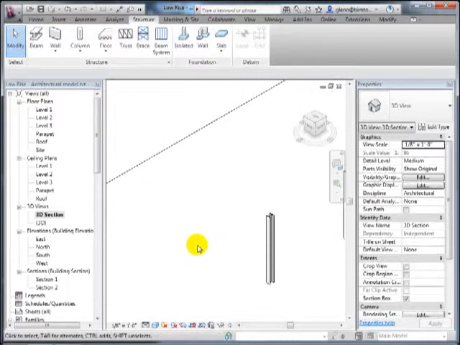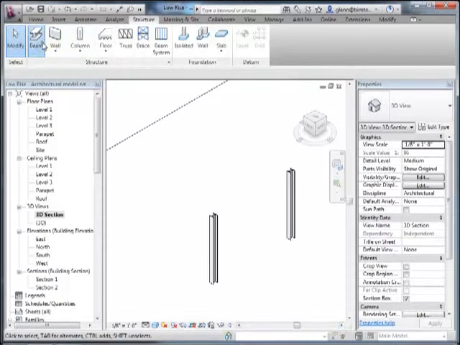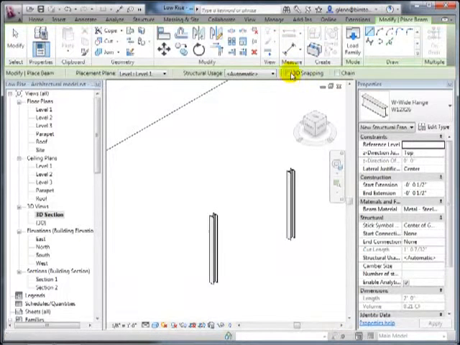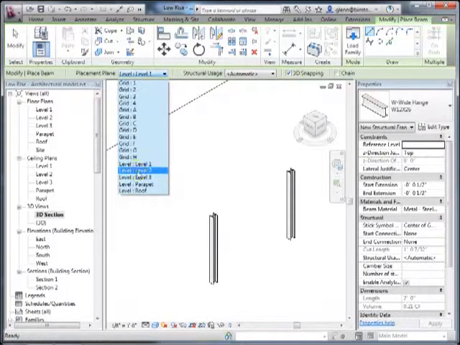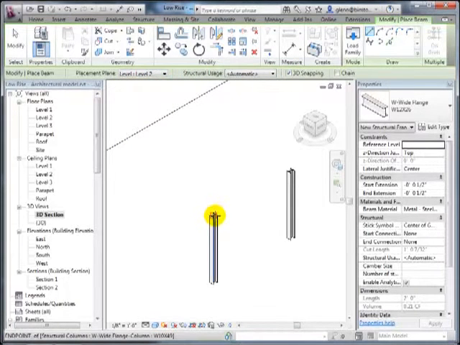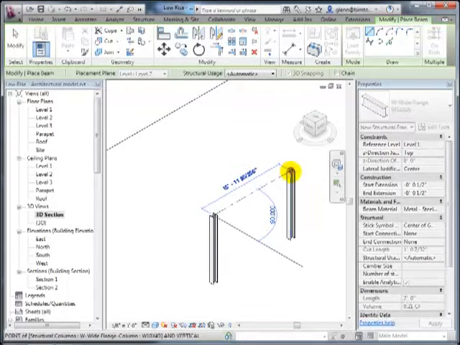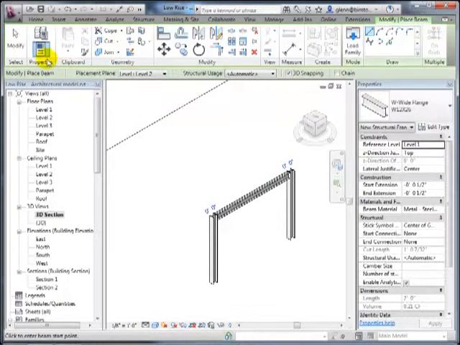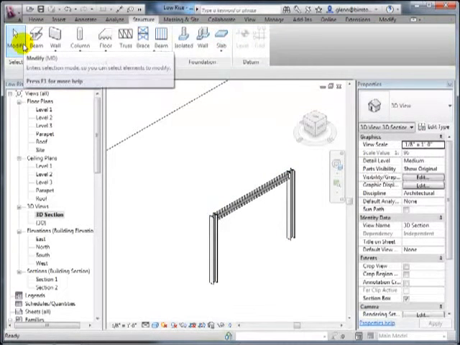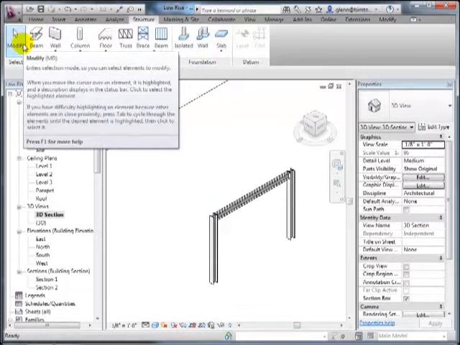Okay, and then after I've placed those columns, I'll put a beam in there. I'll put the beam in by using 3D snapping and say it's going to be at level 2. We don't usually do that in, isn't it easier to do it in a particular level and then the 3D model gets generated? Well, actually,